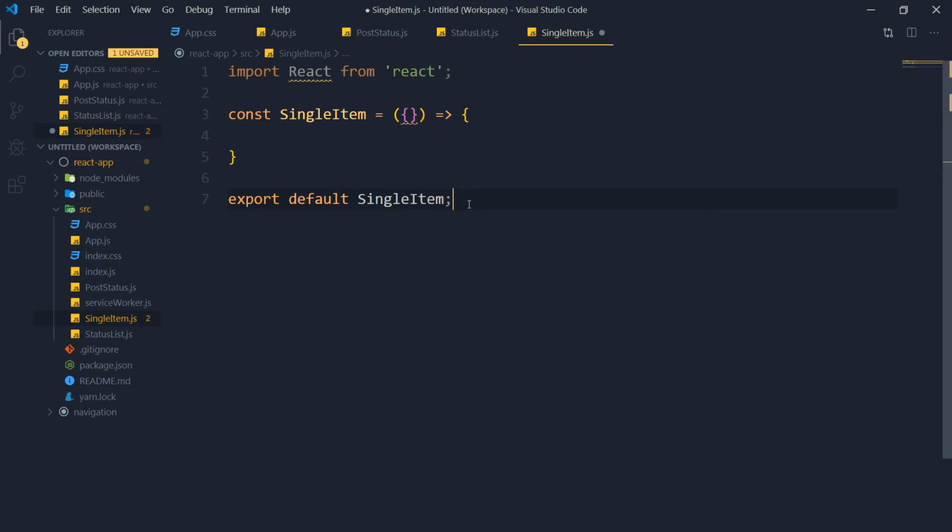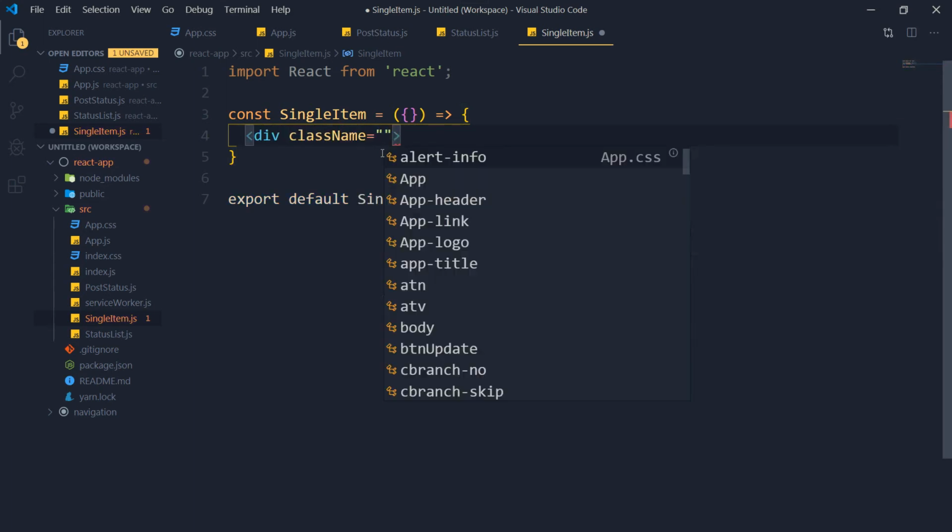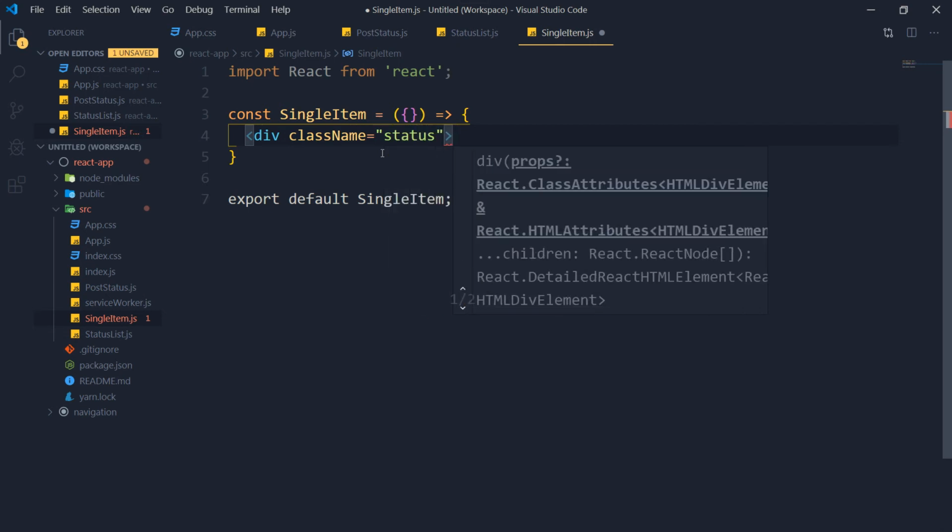And here will be the class name will be status, and then let's close this div,